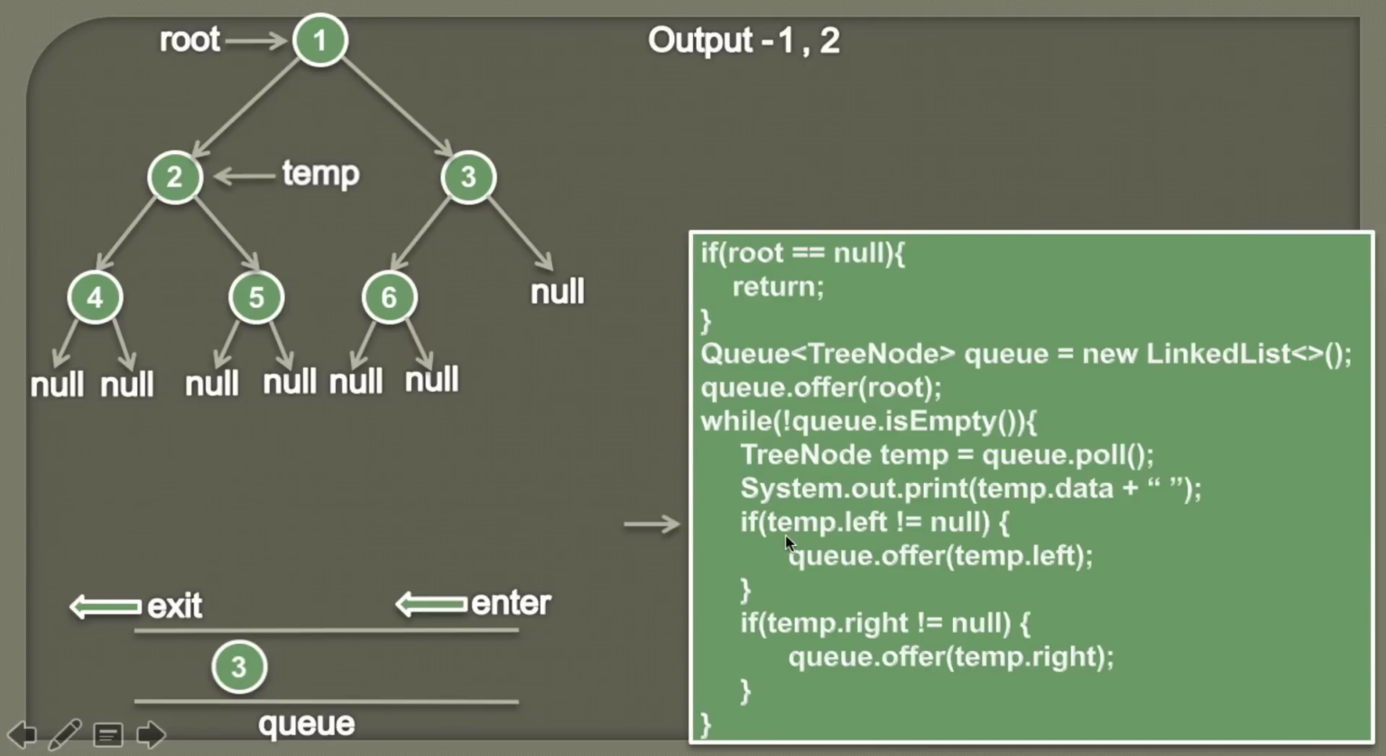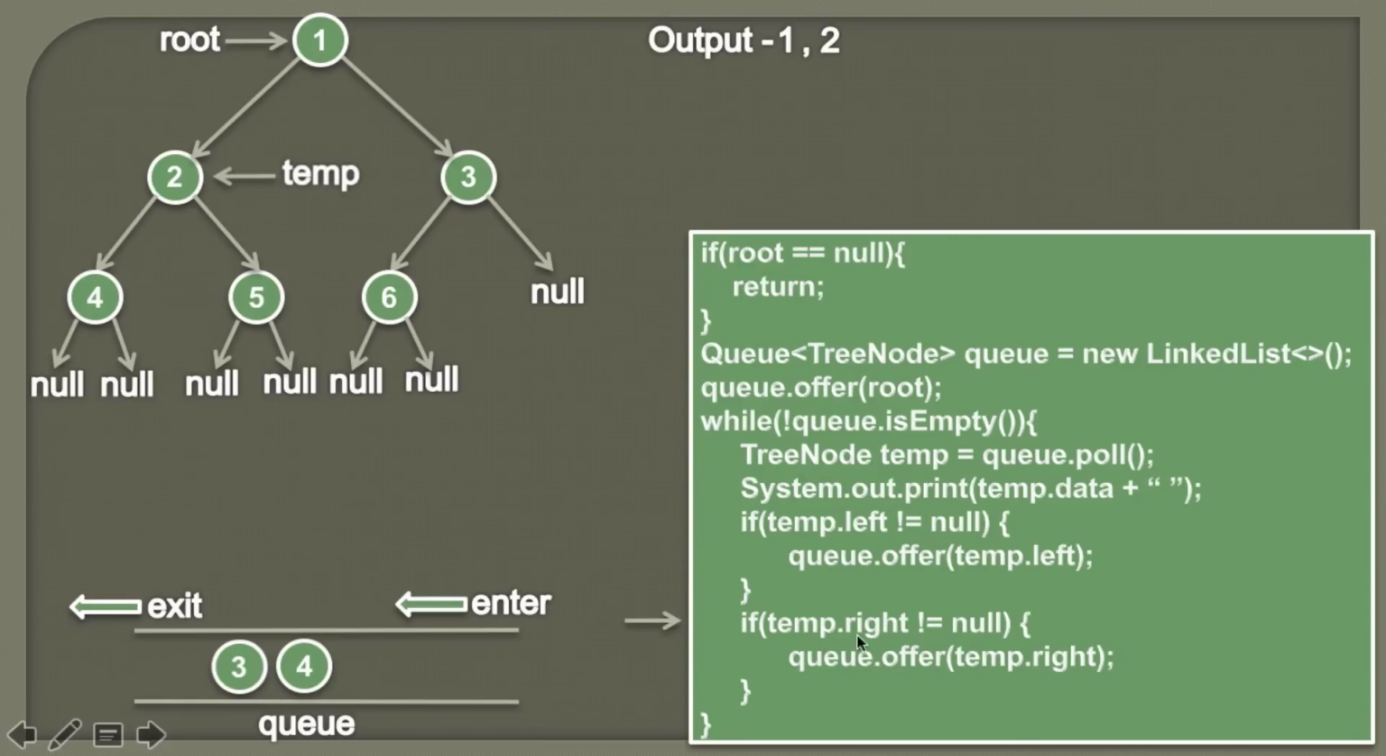So here first we will check whether temp.left is equal to null or not. So currently temp.left is pointing to node 4, therefore it's not null. So the condition in if block comes out to be true, and then we will offer temp.left to the queue, which is nothing but the node 4. So now node 4 will be part of the queue. Moving ahead,